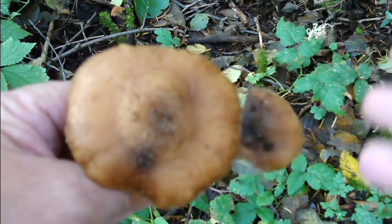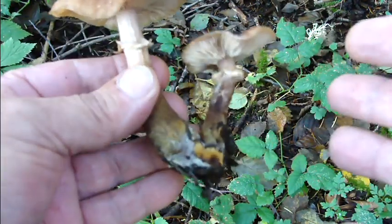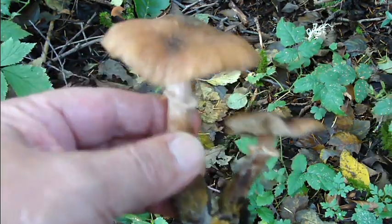And betulin is one of the major components in the birch tree sap. So they are kind of prone to go with the birch. So there's another reason to take this one off the list. So is it